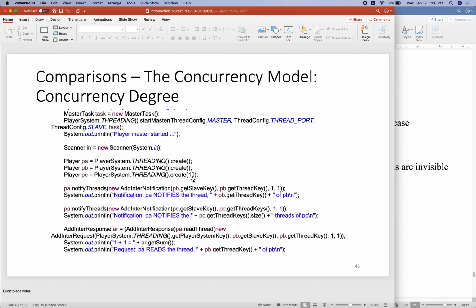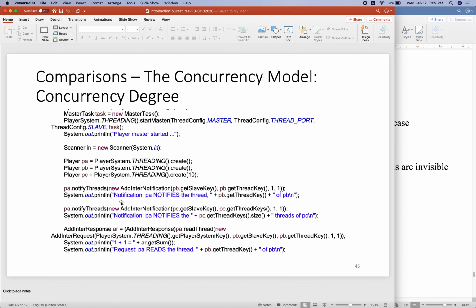The parameter is 10. That means this player contains 10 threads. PA and PB just contain one, representing one remote API and one remote thread. This PC represents 10 remote threads.